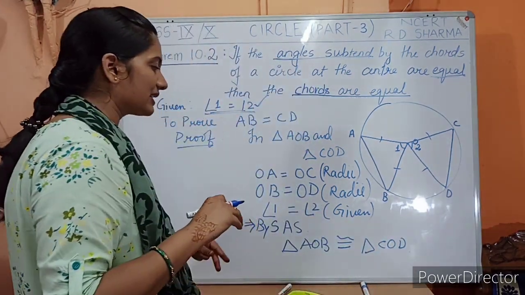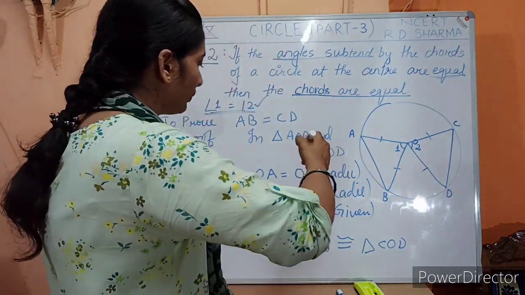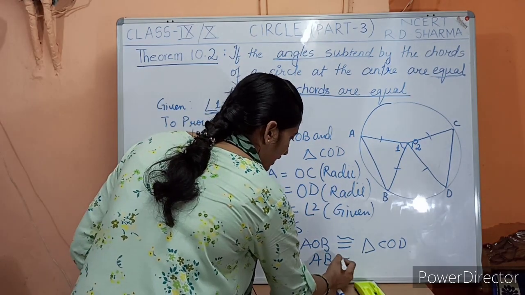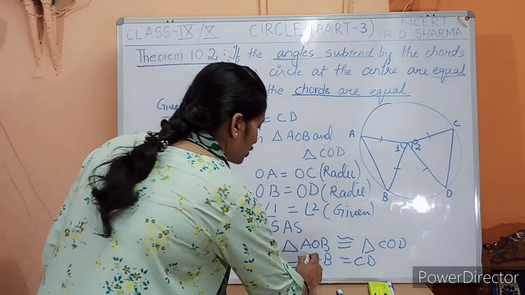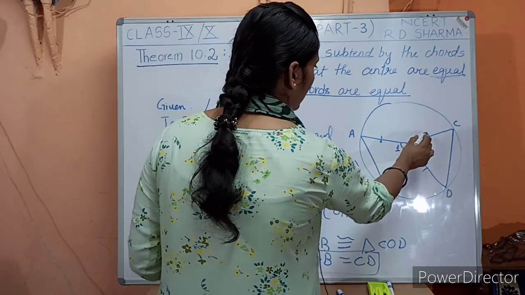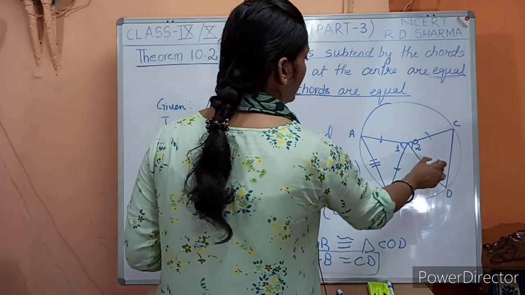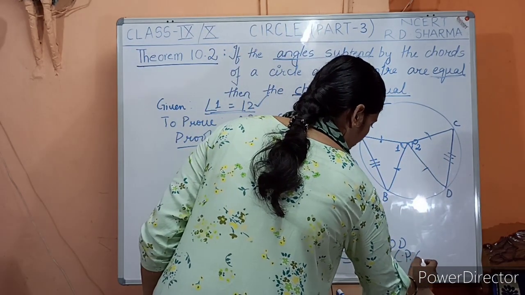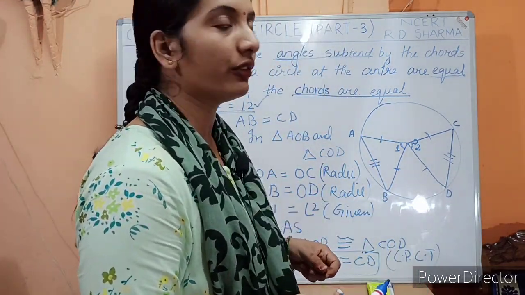ठीक है. So once you have proved that both the triangles are congruent, can't we write that the side AB must be equal to the side CD? And that only thing we need to prove. ये जो third part है, देखो जब दो sides equal हैं और एक angle equal है तो obviously ये वाला side भी equal होगा by CPCT, right? You must be knowing the full form of CPCT. It is corresponding parts of congruent triangles.